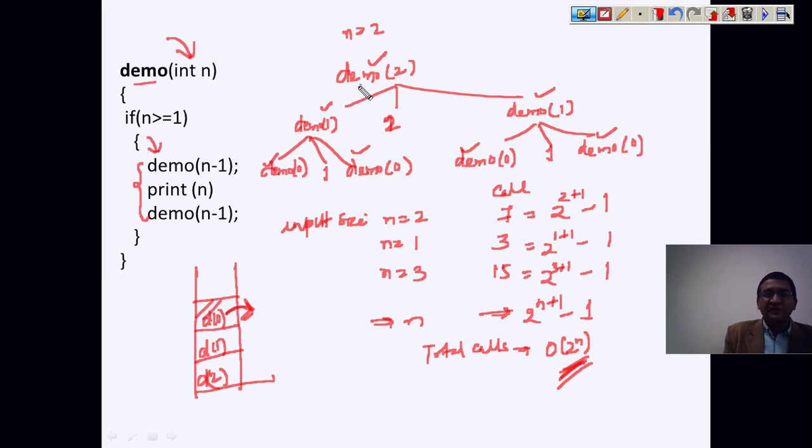So we have already seen how it works. It goes from top to bottom from the left side, and when it is going to exit it comes back here. So you get this value 1 here, and then it goes here. Now you are calling this function for the first time, so you need to push this. Again this is already emptied. Now again you push d of 0, and when you make a call for this you will find that it meets the exit condition, so you pop it again, and now this entire part is executed and you are exiting from demo1.